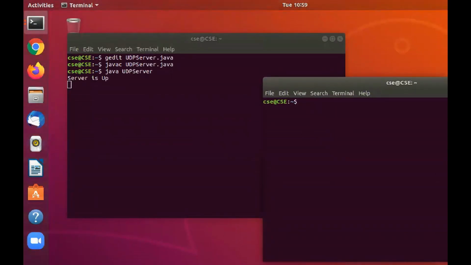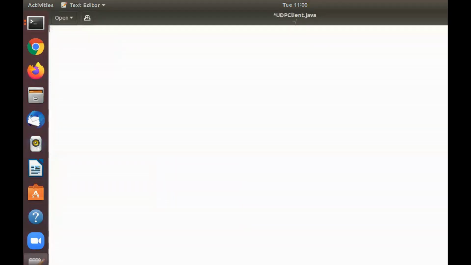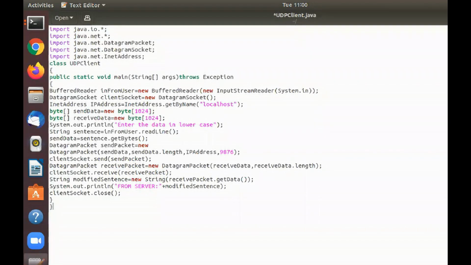Now I need to run the client side. First, let me write it. gedit udp client, I'll name it as udp client.java. I need to save this. Yeah, let me type in the program here, or I'm just copy pasting it.